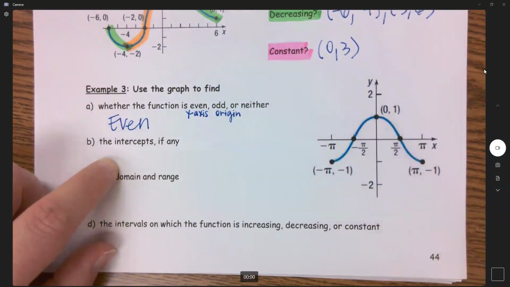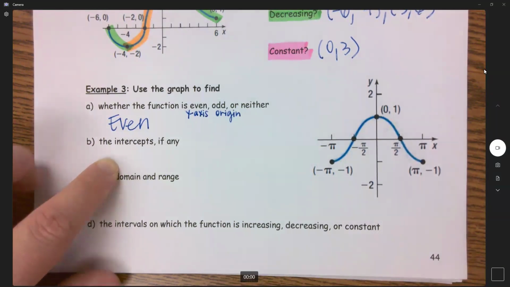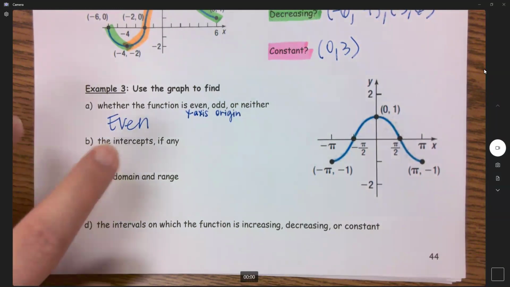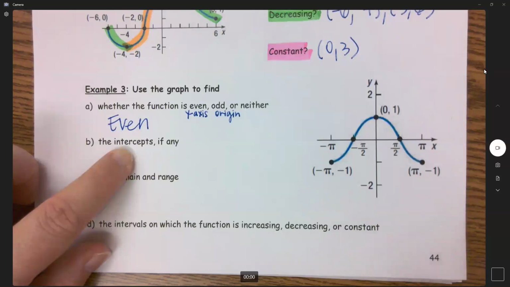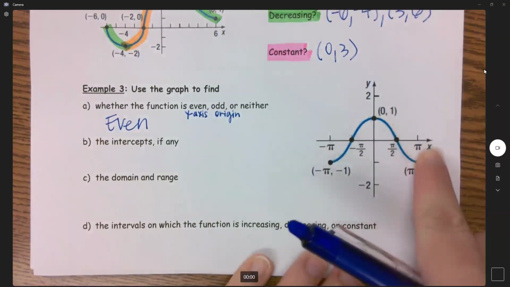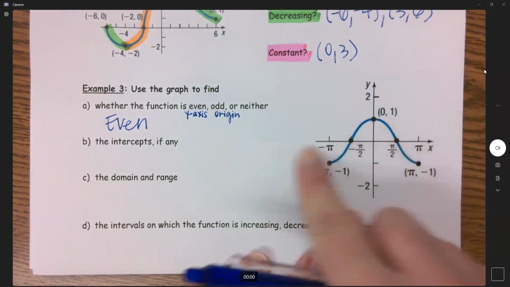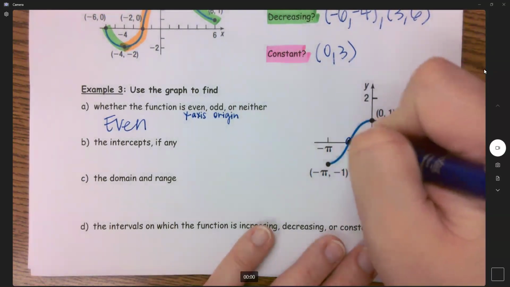Okay, intercepts. Hopefully you have practiced these or you already are good at these. These frustrate me, if I'm being honest, because they are very, very simple and we miss them like crazy and I don't understand it. Intercepts. Where is it crossing the x and y axis? So here's my x axis. Where is this crossing my x axis? Right here